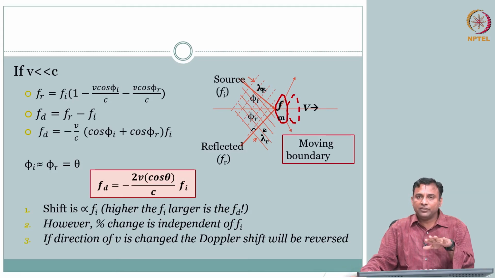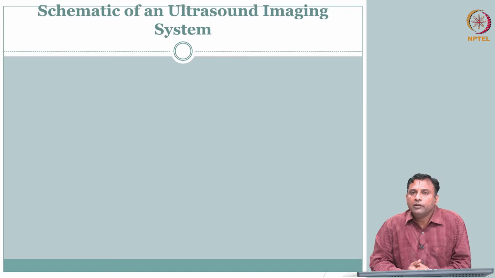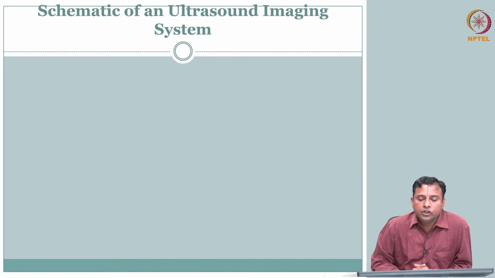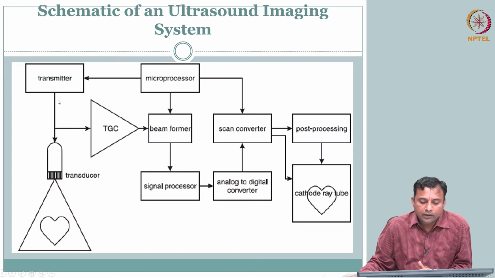With this we will complete the physics of ultrasound, in fact slightly different from the textbook approach, where the subsequent topic of beam forming and beam pattern is discussed in the text. I would like to treat it slightly differently: leave the physics here and jump to instrumentation, and in the context of instrumentation we will talk about the signal and the beam pattern. So we will quickly move on to the instrumentation aspect of ultrasound. A schematic of an ultrasound system is as shown here.